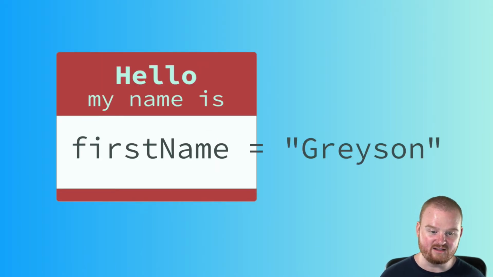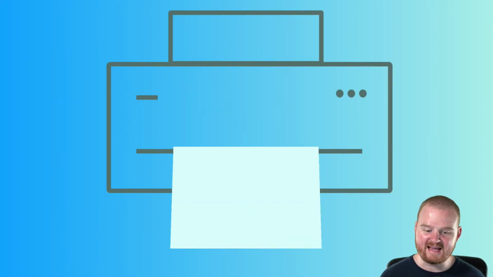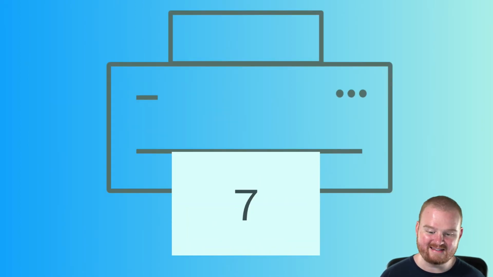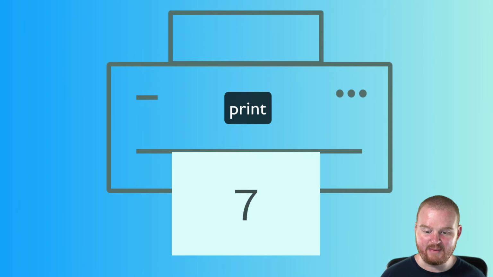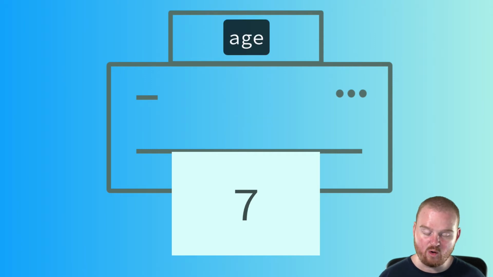We're also assigning the string Grayson to the variable name first name. If we wanted to print out the value 7 using the variable age, we might call some print function and pass in the variable name or the literal number 7. And we'll take a look at how to print out the number or the string or whatever value it is